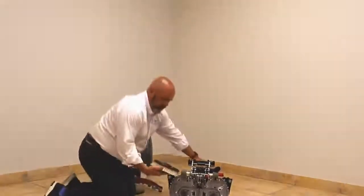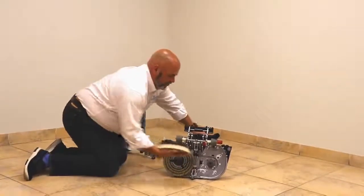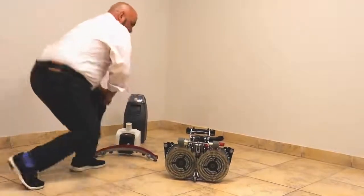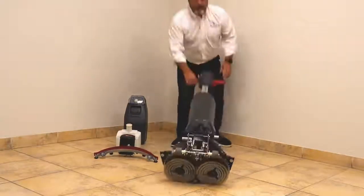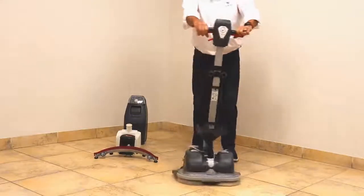I'm going to take a brush. The brushes just pop right on. Easy to put the brushes on. You're then going to want to put the squeegee on. The squeegee just clips on. It has a mount on the back that it mounts to. You pick the unit up, turn it back around,